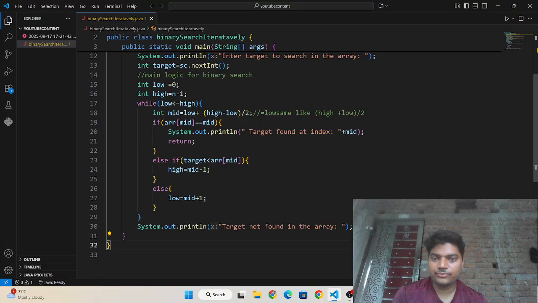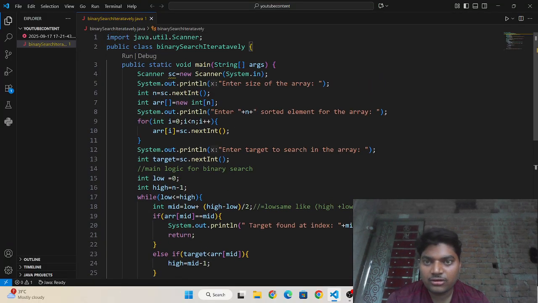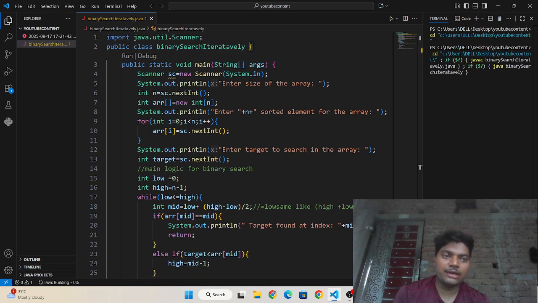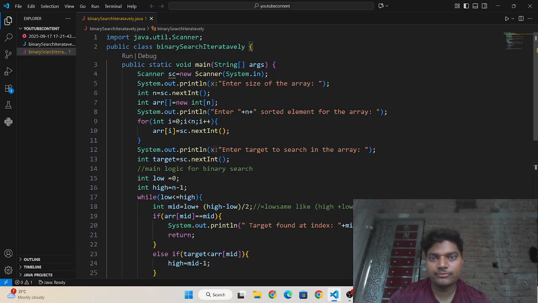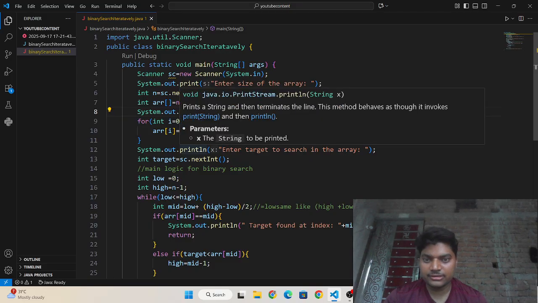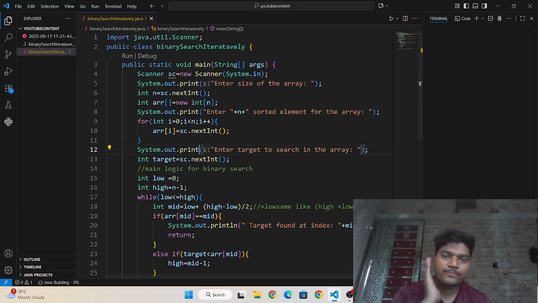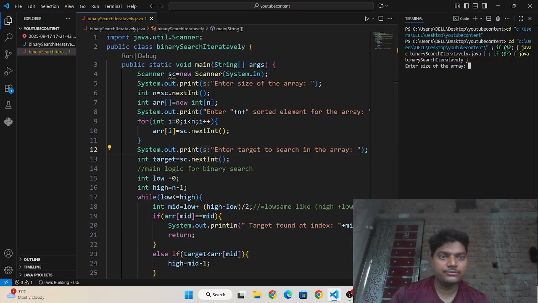Now it's done. Now I'm going to run the program, then I will explain time and space complexity, and I will write comments for better understanding. Firstly, I need to remove all this ln so that it will look clear. It's coming, don't worry.